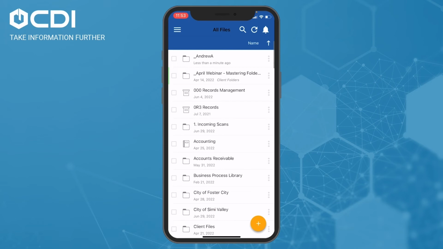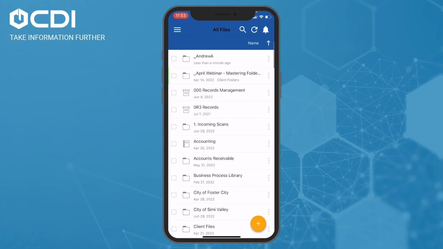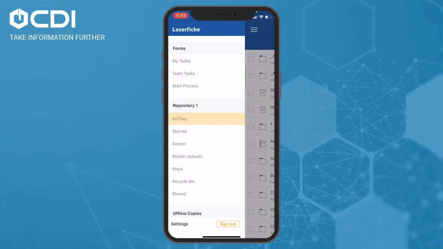folder in our system. So in this case, we're focusing on the Andrew A main folder here. You'll notice there is no additional subfolder here at the moment, but as our form travels through the approval process, it will then also get filed appropriately into this folder, named and indexed for us dynamically by the Laserfiche workflow engine. So in order to submit a Laserfiche forms business process, we'll go back to our main menu and we